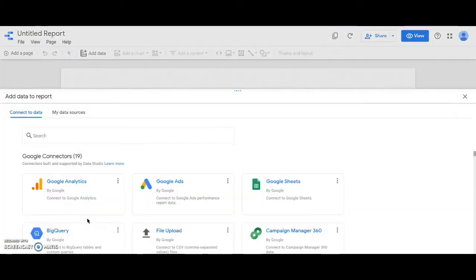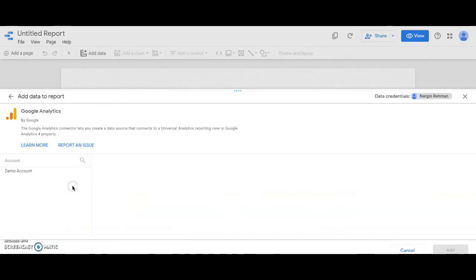So the first thing that we will do now is to select a data source. Our data source is nothing but a place where we get all the data from for our report. So that's what it is, and for this particular tutorial I'm going to select Google Analytics as my data source. I'll select my account and then the property.